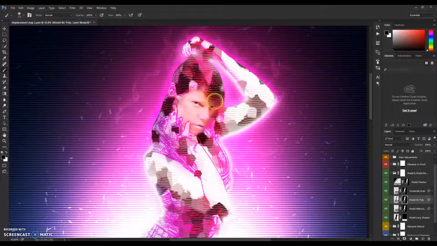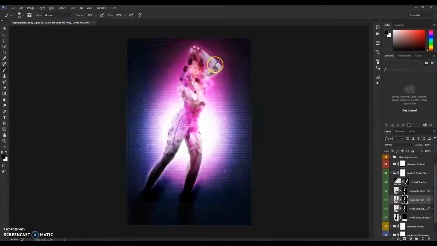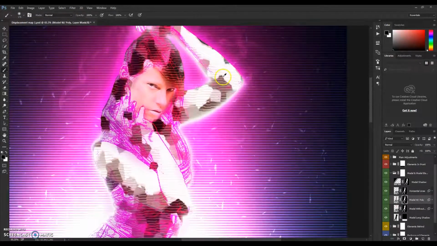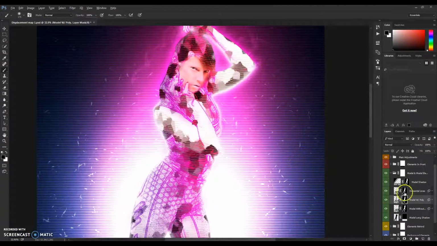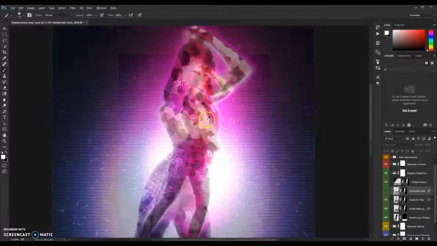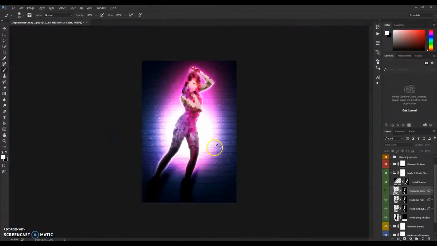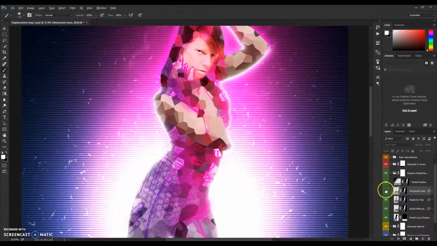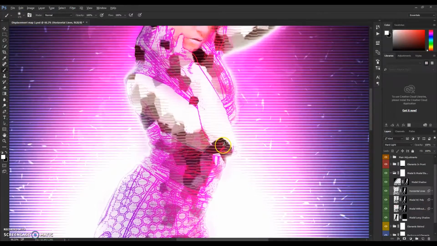As you can see, the face appears, and then you will have this body with this poly effect, or you can hide this layer here, horizontal lines, and just leave it with this poly without those lines. And when you turn those lines on, it's a bit brighter, and as you can see,